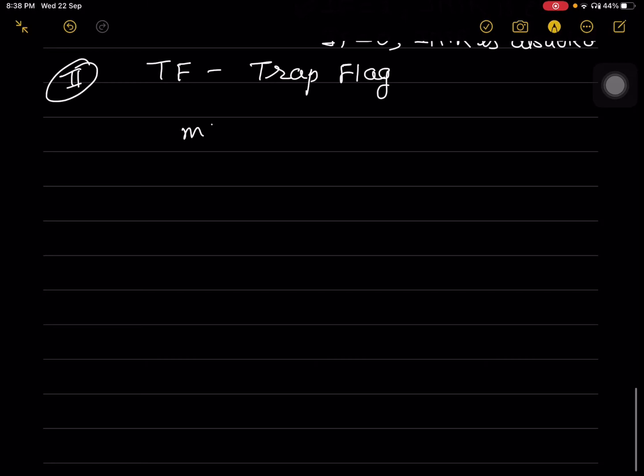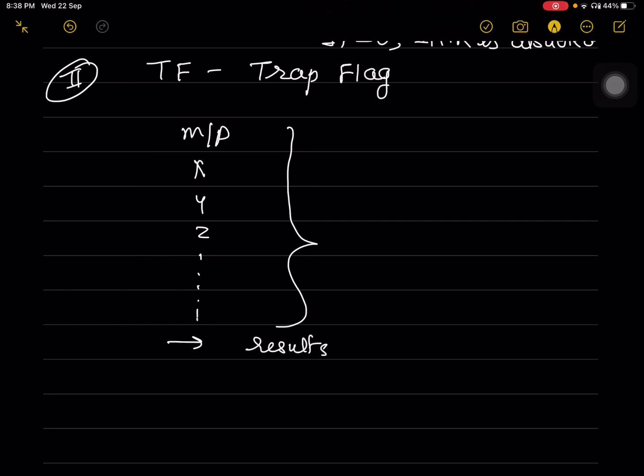If I have written any program in microprocessor having a number of instructions, then it can be executed in one go, and at the end of the program the results can be verified by the users. Now this particular process of verifying the result at the end of the whole program and execution of the entire program in one go is called free run operation.